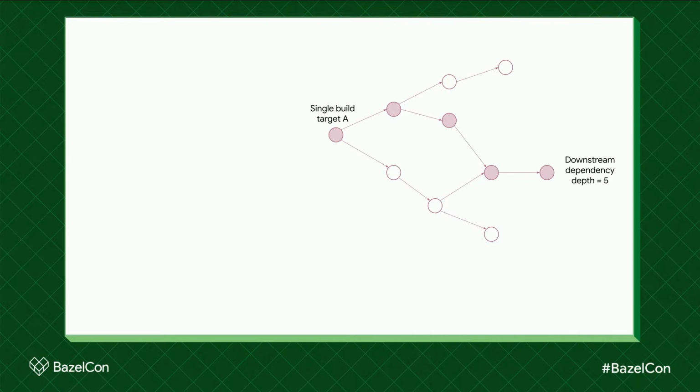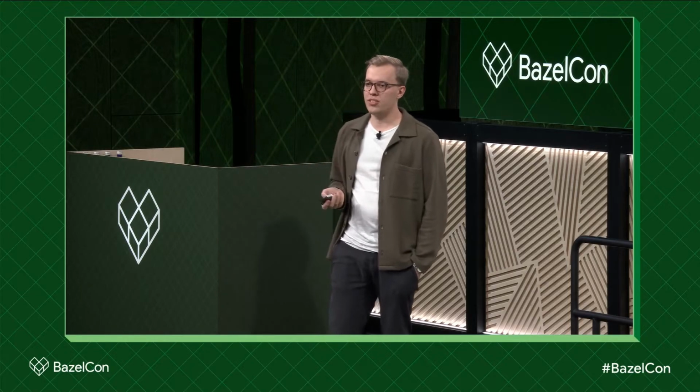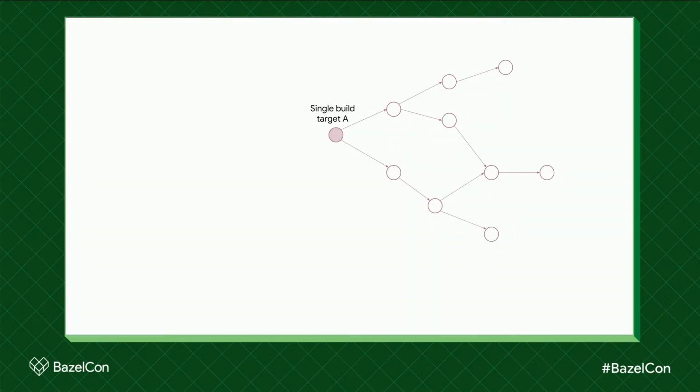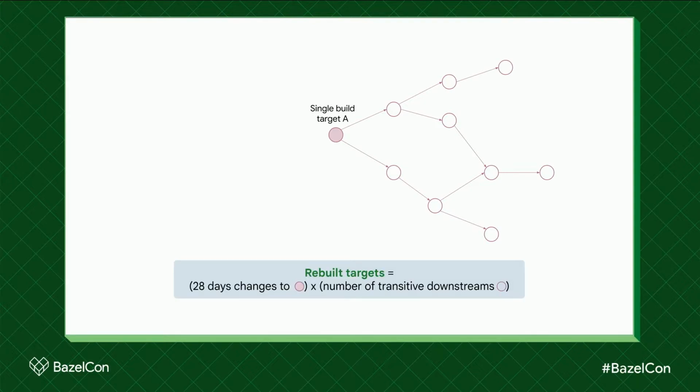We have used this to guide our efforts and understand improvements in how we manage to flatten out this dependency graph and make it wider rather than deep. If we now bring in the behavioral aspects that I talked about before, we look at the pull request from GitHub and can then, thanks to Bazel query and the natural way of mapping source files into our dependency graph, attribute how often over some time window this has been changing. For this, we define a metric called rebuild targets, which tries to capture this. In this case, we sum up all the changes to our build target A, and we then multiply this by the total number of transitive dependencies on the right. This can be interpreted as a score for how those changes impact the other targets in the graph.